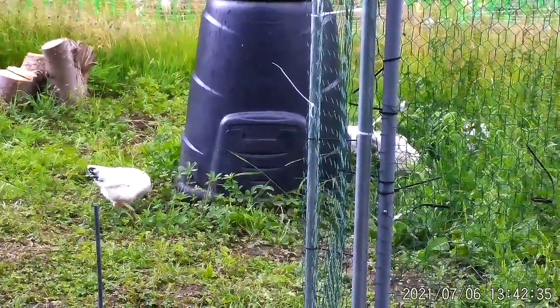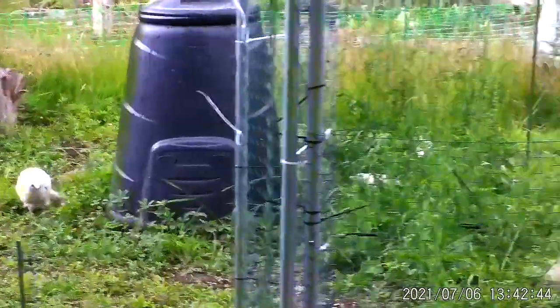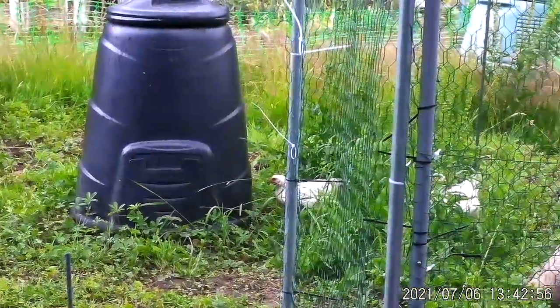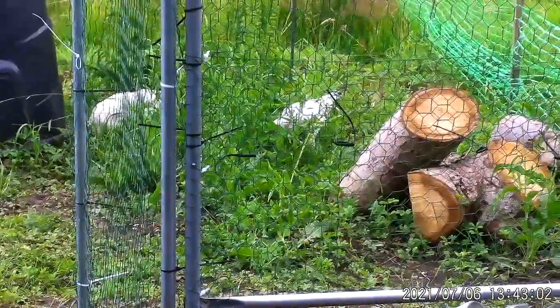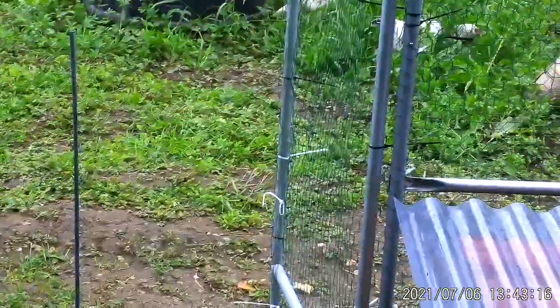I'll stand inside the chicken run and use the limited zoom. Means I won't be able to get much close action, but you can see. There's 3 there. Oh, there's one behind the compost bin. Yeah, I'll tell you what, they're liking the new area, like a lot of things. For example, that tyre that I found on the side of the road. Oh, they're coming in. They're a bit wary at the beginning, but once they get used to it,